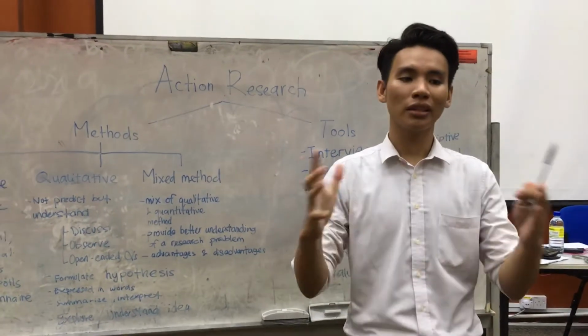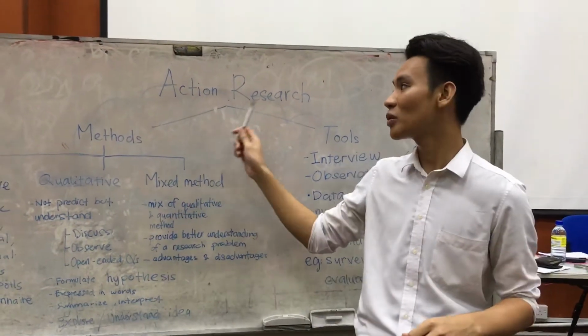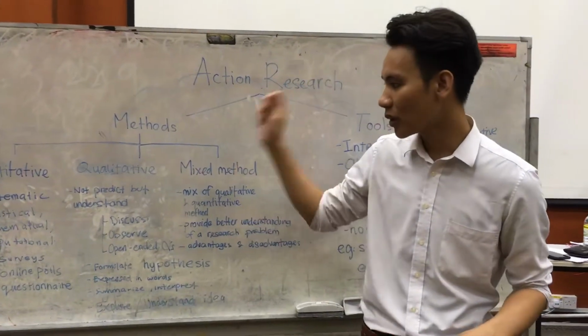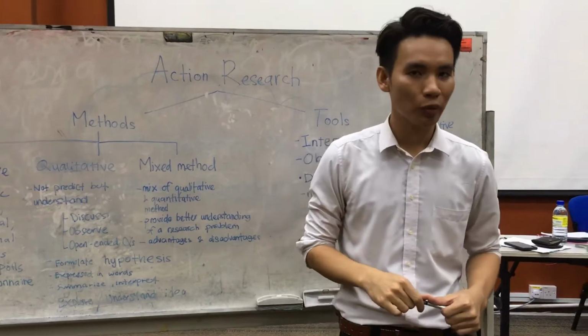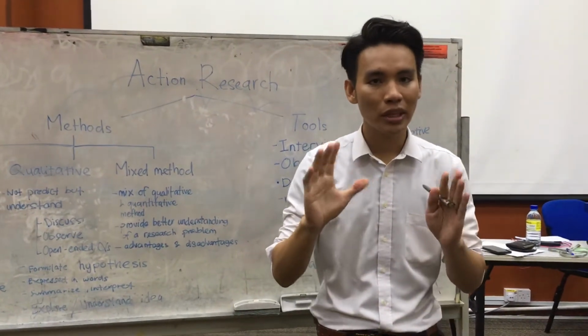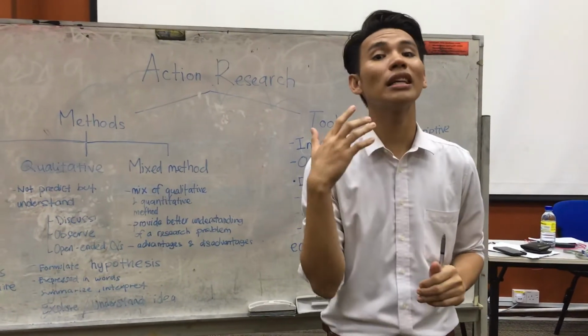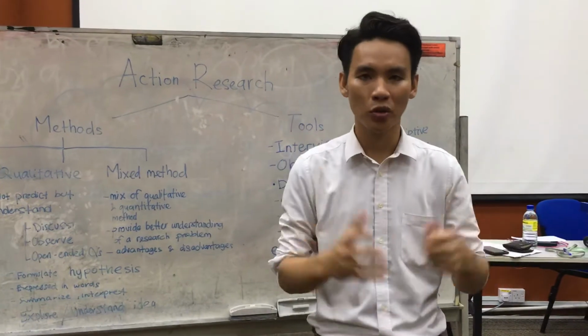So with any other things that we want to do, you need to think about the suitable method, just like action research. In action research, there are three methods here, but I will talk about qualitative first. How do you know it is a qualitative one? The keyword is not predict but understand. The goal of qualitative is more to understand a meaning, not proving a quantity or something measurable,